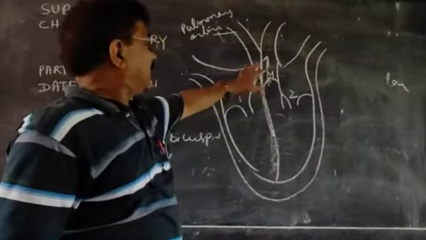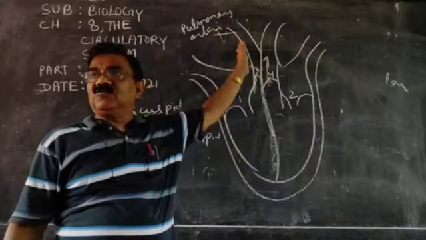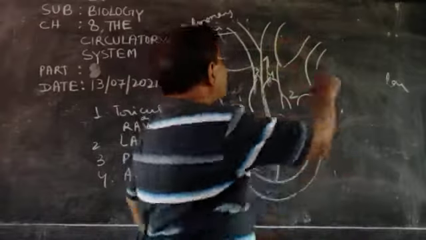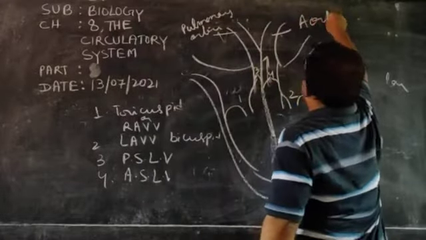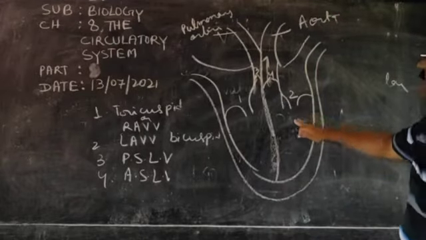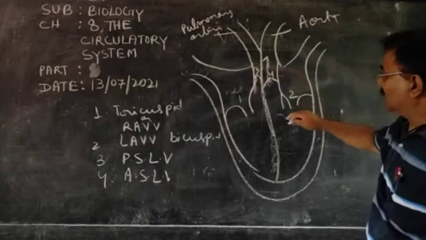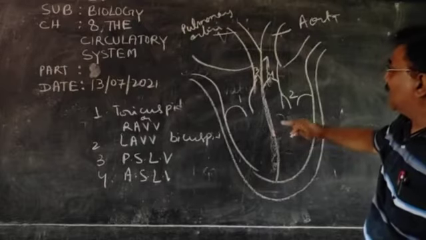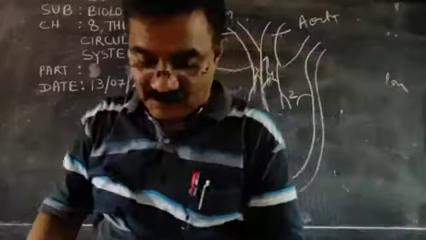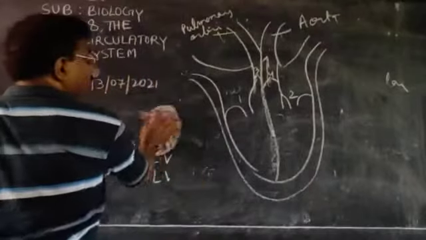Pulmonary semilunar valve: this is the right side, contains deoxygenated blood, and it will go to the lung for oxygenation. Now here, aortic, this one is the aorta, and we have discussed that the aorta is connected to the left ventricle, which carries oxygenated blood, and it will take oxygenated blood to the whole body. Okay, and here one valve is attached to the ventricle, the lower two chambers, and this valve is the aortic semilunar valve. So location is important. So it was about the four valves of the heart.